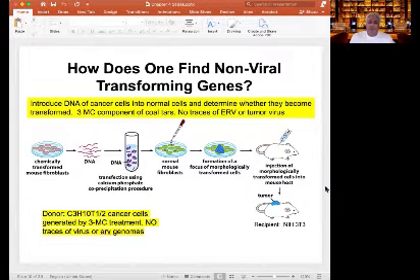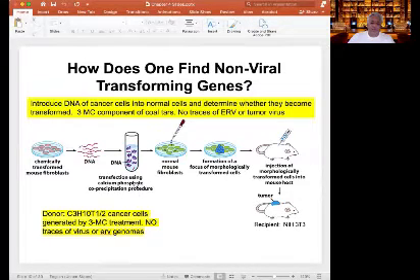So the experimentation presented in this chapter is very important. This is one of the experiments, and here we're looking to find evidence for these non-viral transforming genes. What they did was a sequence of experiments where they transfected, transformed certain skin cells from the mice using a mutation, and then they were able to mix the mutated DNA with these cells using a transfection protocol that